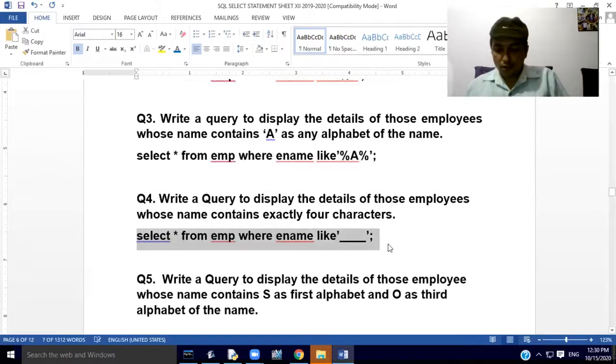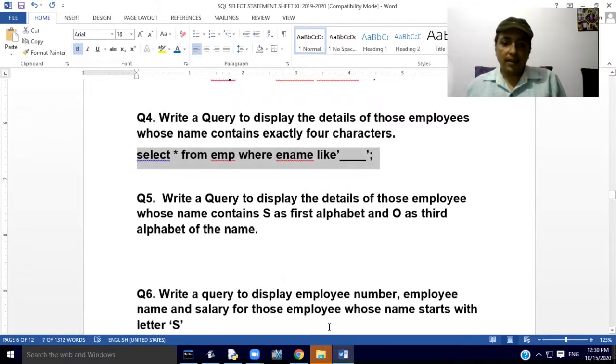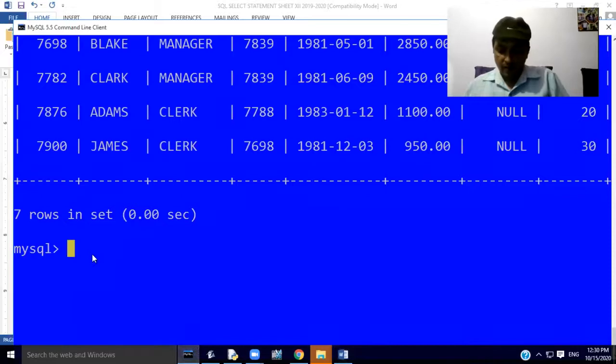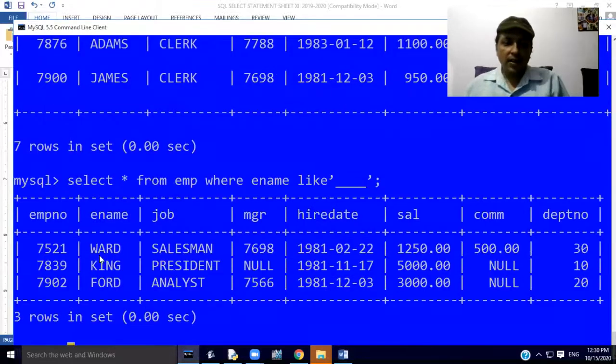Now try to execute this query in MySQL and let's see what output MySQL will give. MySQL will display the details of those employees whose name contains exactly 4 letters. See in this output, the employee names that have exactly 4 letters are displayed on your screen.